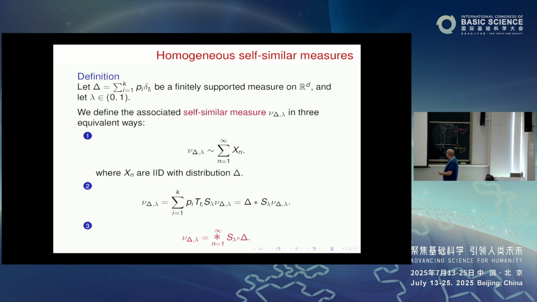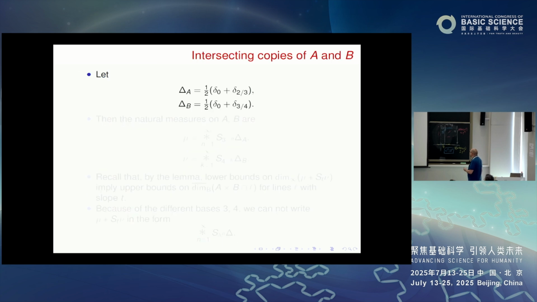In the first definition, yes. Yeah, x to the n should be x to the n times lambda to the n. Thank you. X to the n is what is replacing the random plus minus 1 sign in the case of Bernoulli convolutions. Okay, now let's try to do something similar with the interpretation of first-order slicing in terms of Frostman exponents of